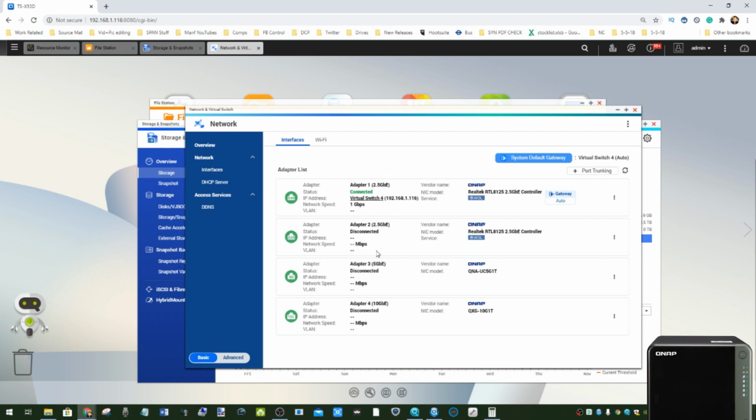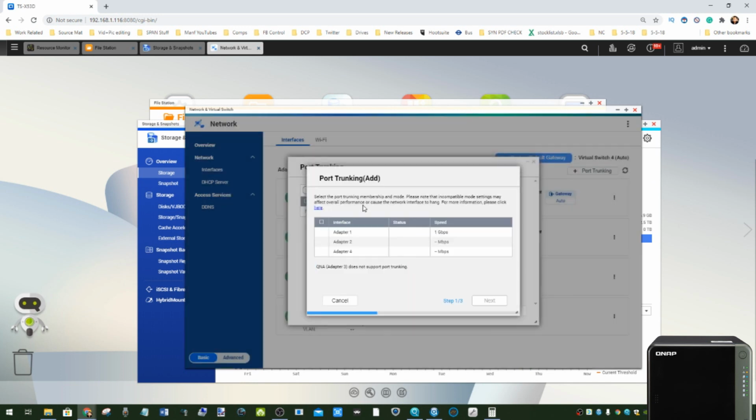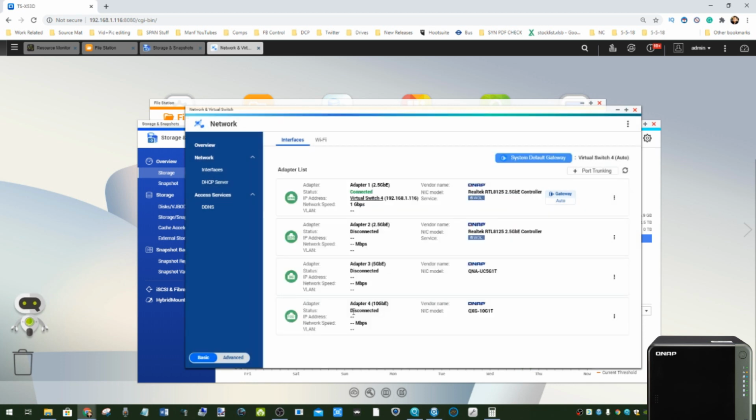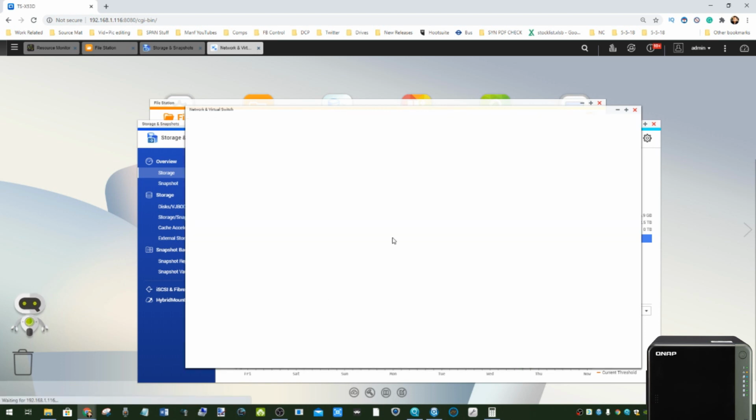2 of them, which can be link aggregated if you want, and even link aggregation is really easy. You just have to select the ports you want to LAG and then add them together. But moreover, you can upgrade this device to 10 GbE with a PCIe card or add 5 GbE connections with that QNAP adapter. You can create virtual switches, and those virtual switches, if we go into more detail, extend to